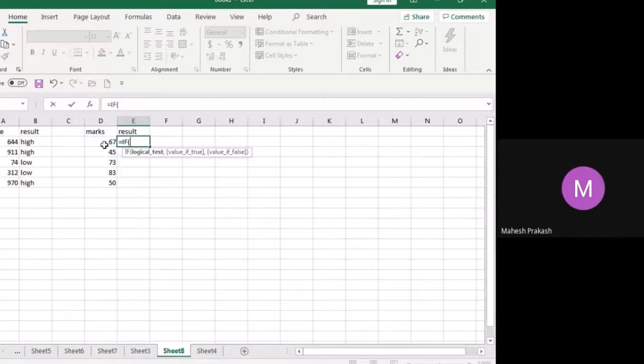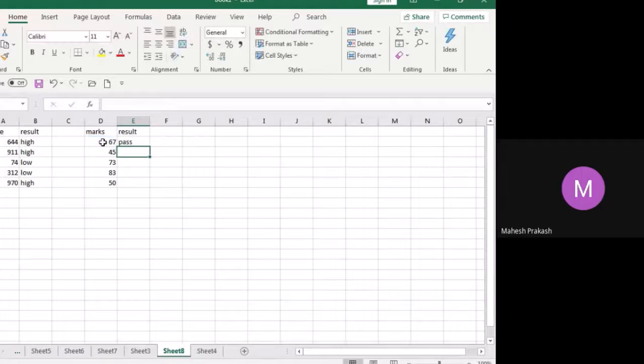I'm selecting this and I'm saying less than 50, comma, fail, comma, pass. Enter. Got it? So the condition says if 67 is less than 50, then fail or else pass.